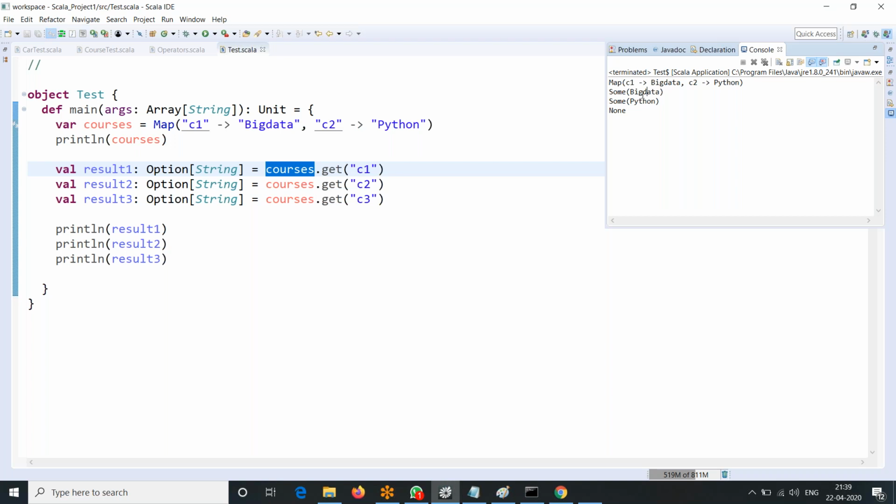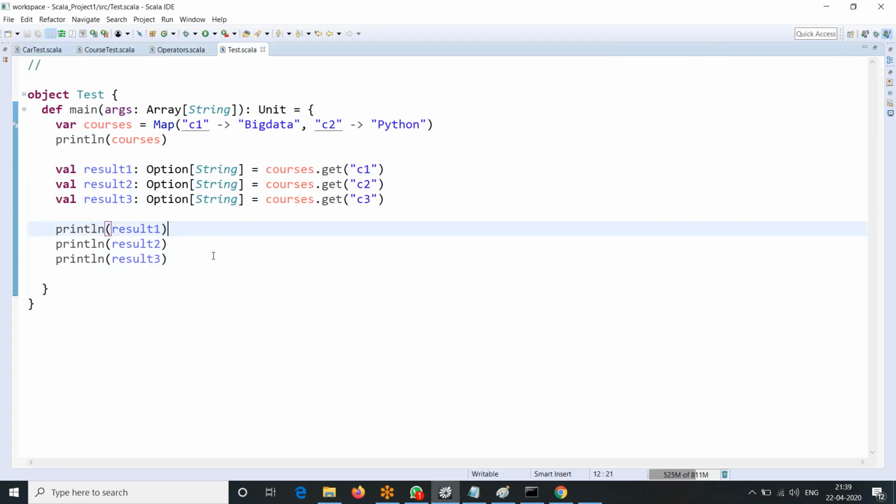So yesterday I discussed with you, if I want to extract a value from Some, there is a simple and straightforward process. What is that process? Something like this. If you want just the value, then on this Some, what I can do, you can see here. When I print result, what will result give us? Result will give us option, and option gives us what? Some. Correct.